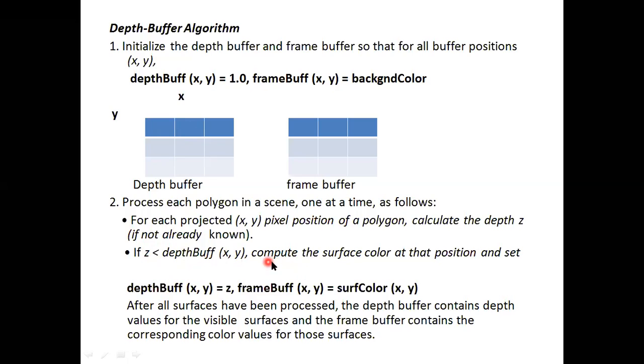And I will compute the surface color at that position. What is the color of that position? Here it was a background color, some background color, black or white. So here I will substitute the color at this particular pixel position to this place. This is the algorithm process that I will be doing. Next I will take the next Z value, and I will go on computing.